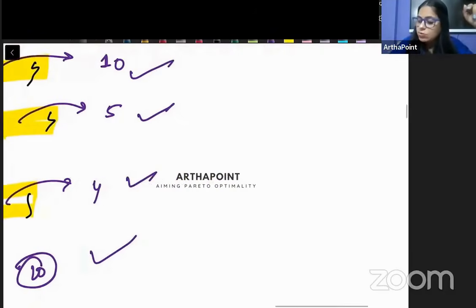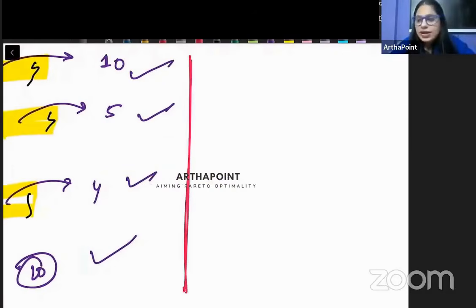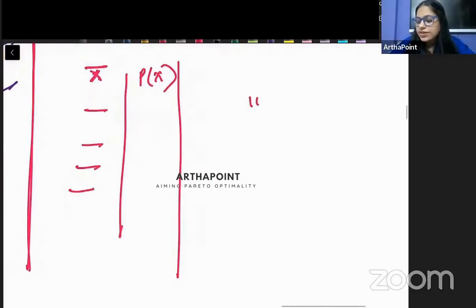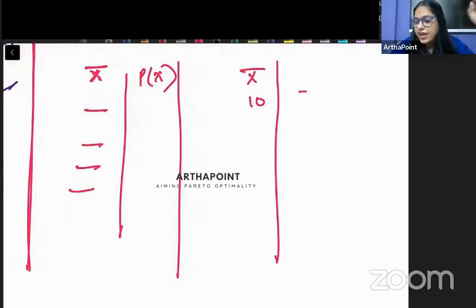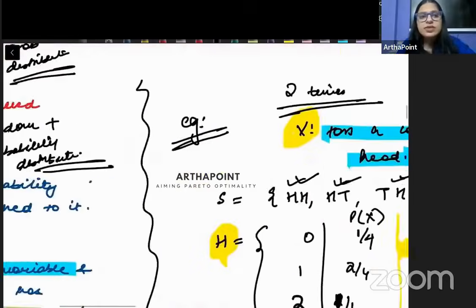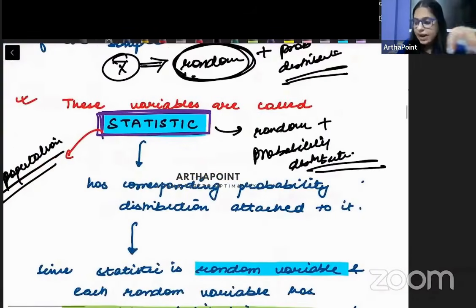तो ये रैंडमली आ रहे हैं सैंपल मीन डिपेंडिंग ऑन कि हमने कौन सी 2 ऑब्जर्वेशन चूज की होंगी टू फॉर्मुलेट द सैंपल. Now the important part here is that if I go ahead and I create this sample mean, that what have been the values and what have been their corresponding probability, then that will be a probability distribution. Like for example, I can say that okay, sample mean 10 has occurred in 5 out of 25 samples. Sample mean 5 has occurred in 3 out of 25 samples. तो ये जो sample mean है, we can go ahead and create a probability distribution of the sample mean, and therefore we can go ahead and say that okay, ये अपने आप में रैंडम इन नेचर है एंड इट विल हैव एन एसोसिएटेड प्रोबेबिलिटी डिस्ट्रीब्यूशन अटैच्ड. ये बात क्लियर हो गई? ओके.